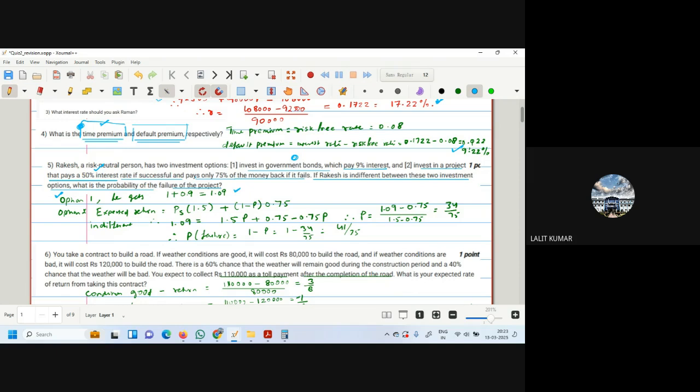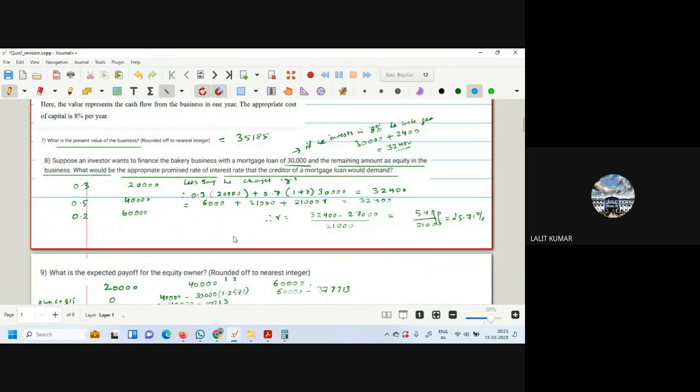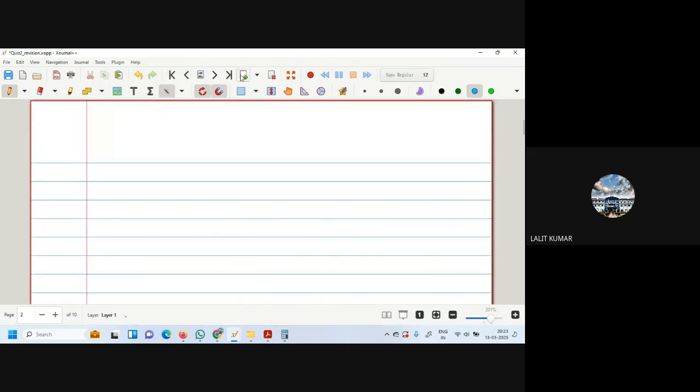He will get only 0.75, 75%. So you equate now this term with the 1.09 to get the P. So P comes around 34 by 75, which is P success, and P failure will be 1 minus P, which becomes 41 by 75. So here I will just take a minute to cover one concept, risk neutral,